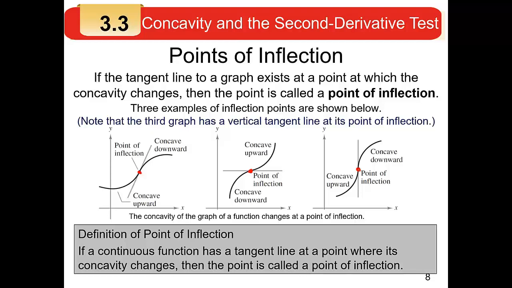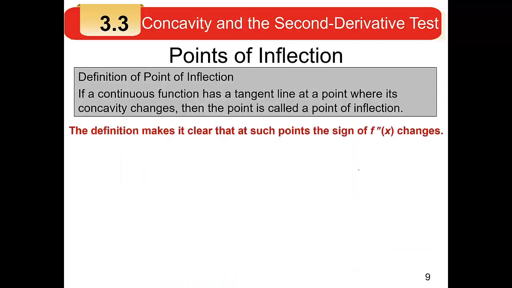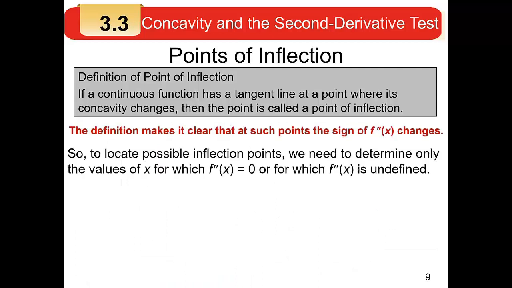So if you want a formal definition of point of inflection, if a continuous function has a tangent line at a point where its concavity changes, then the point is called a point of inflection. This definition should make it pretty clear that at such points as these, the sign of the second derivative changes. So if we want to locate possible inflection points, we need to find out only the values of x for which the second derivative is 0 or the second derivative is undefined. We've already practiced that. I just want to emphasize that this is what we're doing,